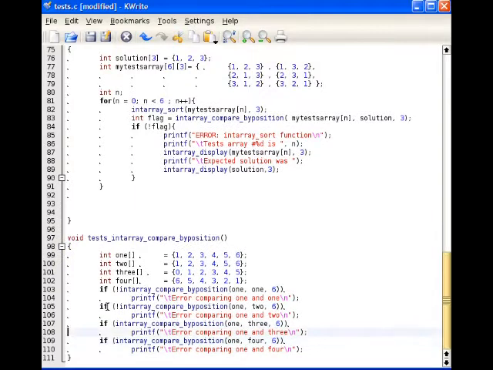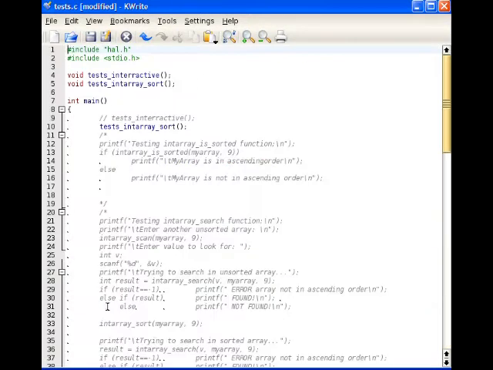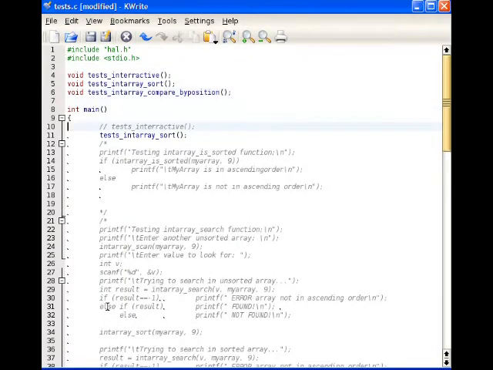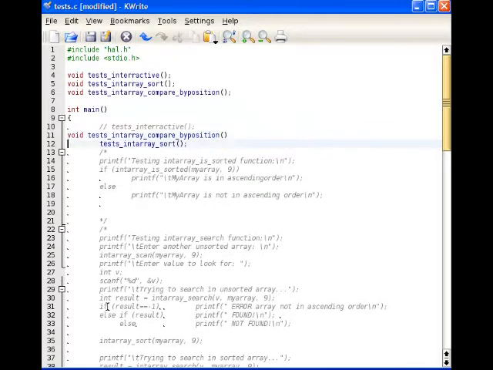I'm calling compare by position 1, 1, 1, 2, 1, 3, 1, 4, and I'm expecting an answer, and I'm testing if this is what I get. So this is pretty much a very self-contained function here. So I can go ahead, make a copy of this, put the prototype up front, and before even